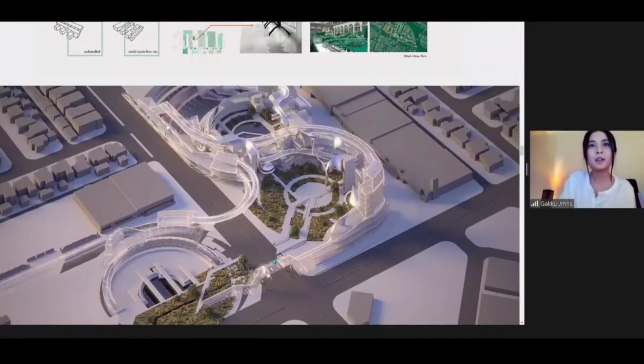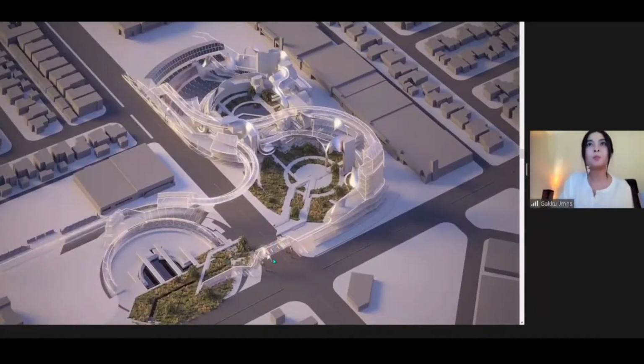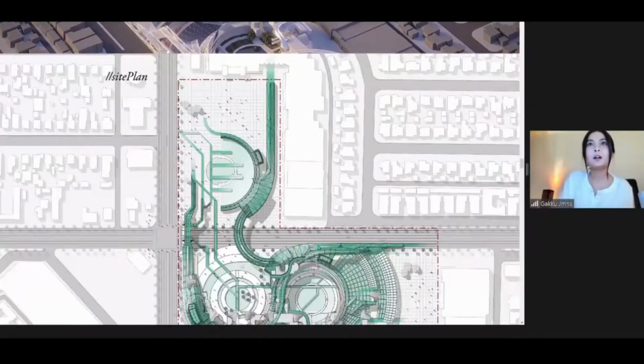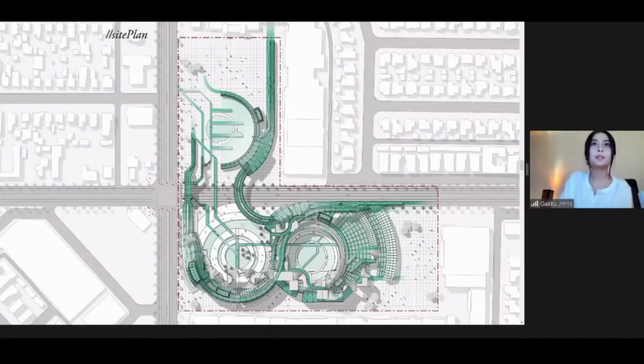So here is the aerial view of my project. Public spaces gradually transition from the intimate areas to the exposed ones, having the volumes wrapped around the program of the park. And here is the site plan.